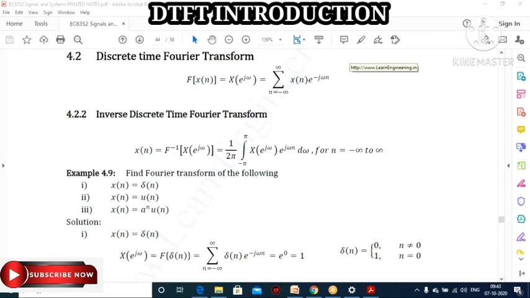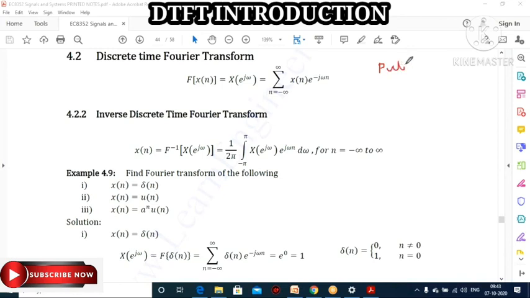Okay. Now, in upcoming lectures, I will take three more classes for DTFT. Whatever we discussed under the Z transform, in a similar way you have to calculate the DTFT, that is the discrete time Fourier transform. The difference between the Z transform and the DTFT is, okay, put z equal to e power j omega. That's it. Otherwise, both are the same. Once you are thorough in the Z transform method, for the DTFT you just change the notation.